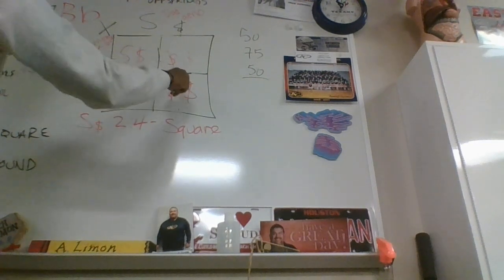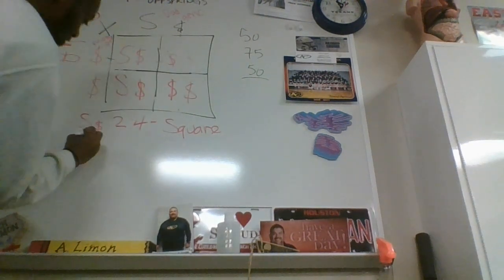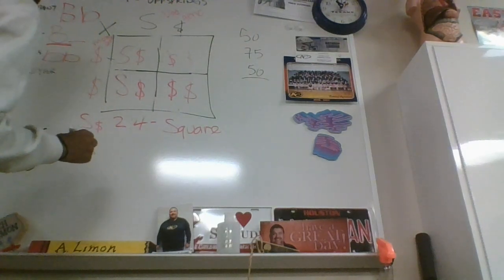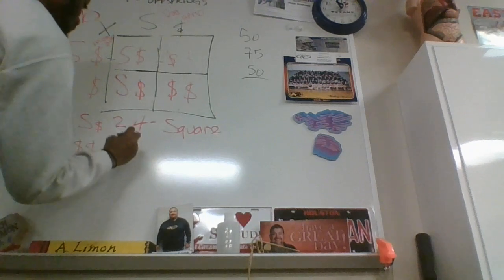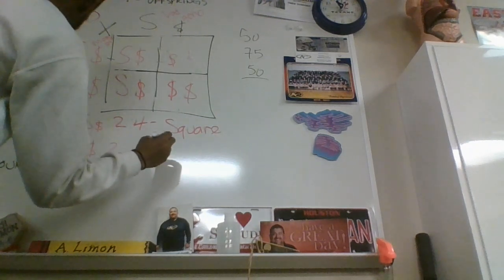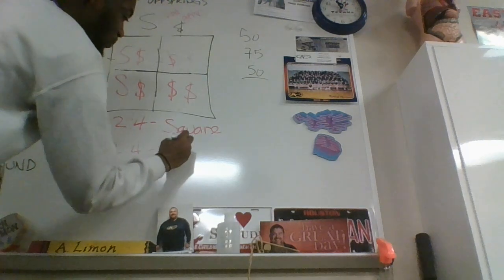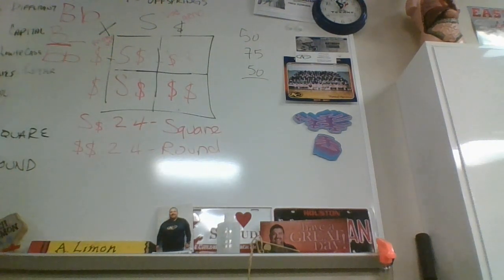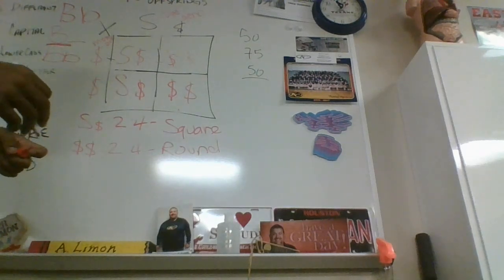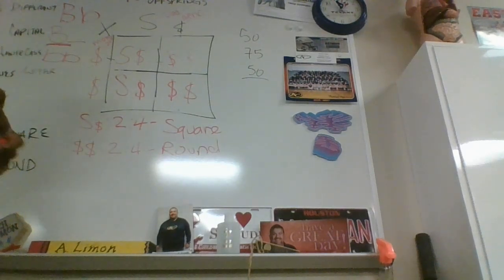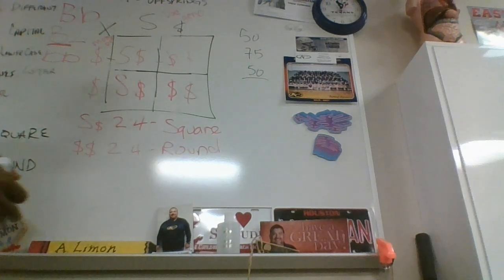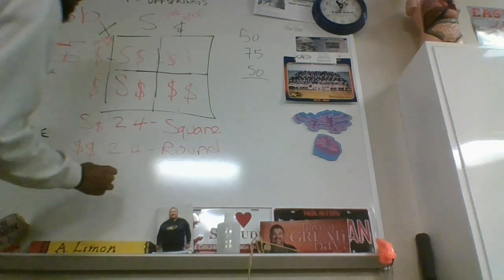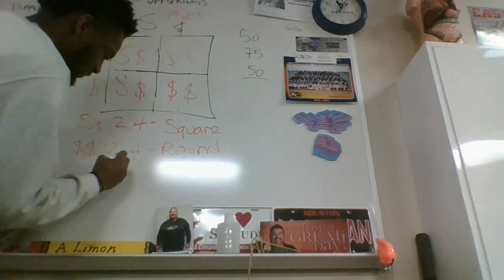All right, simple. So then we go to our recessives. We see that we got $ in two boxes. So we're gonna do our $ signs. Boom, boom. Got our geno. It's gonna be a 2/4 ratio. And that is gonna be a round phenotype. Correct? Easy. So, when it asks us what percentage of the kids will be square, what percentage will be round, we look at our ratio, half of each, 50%